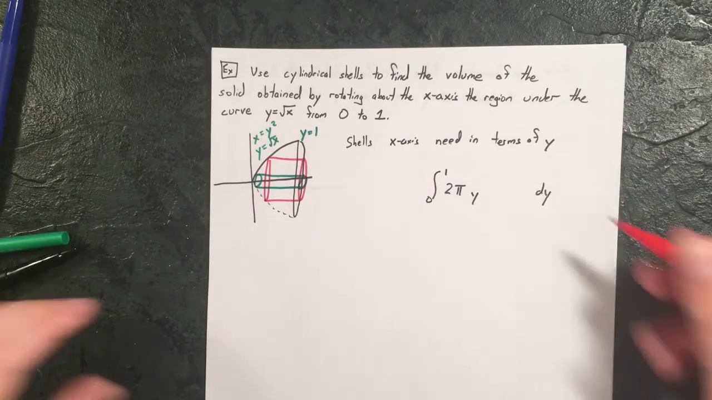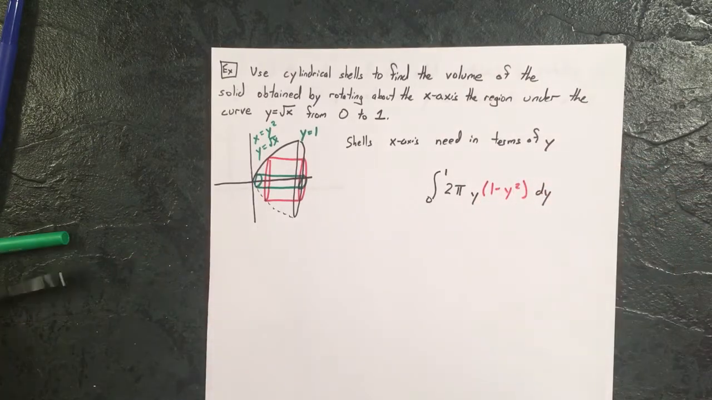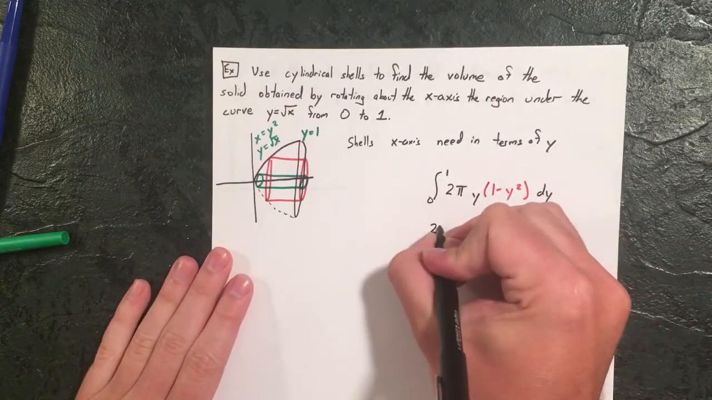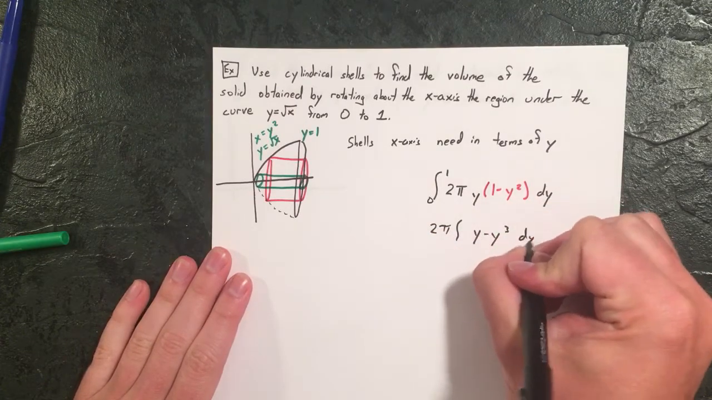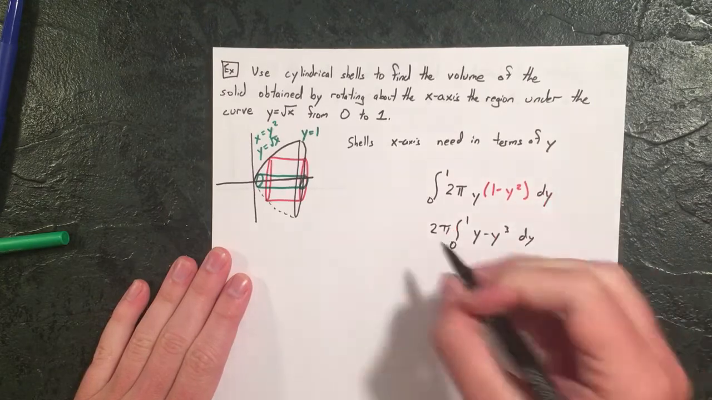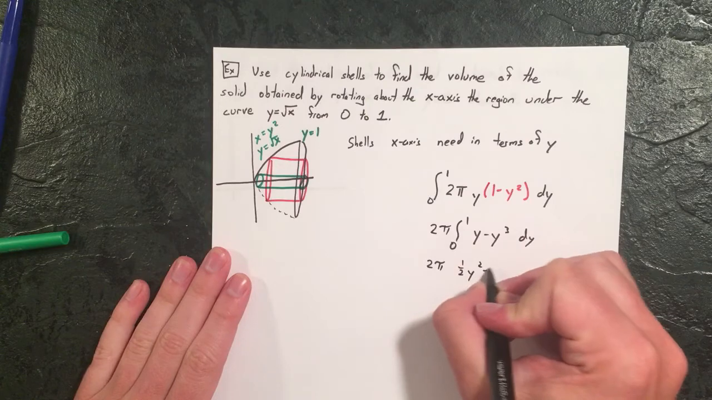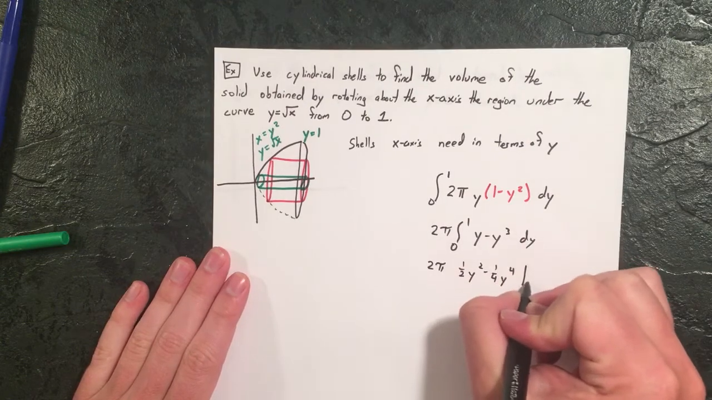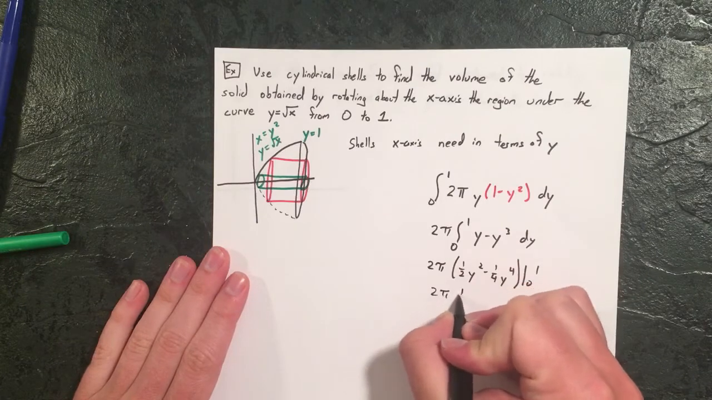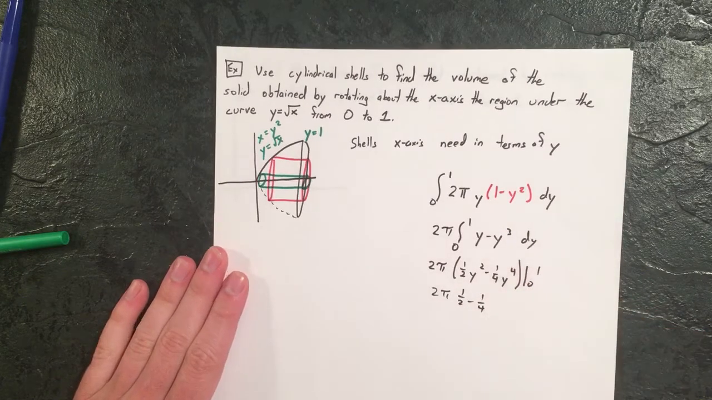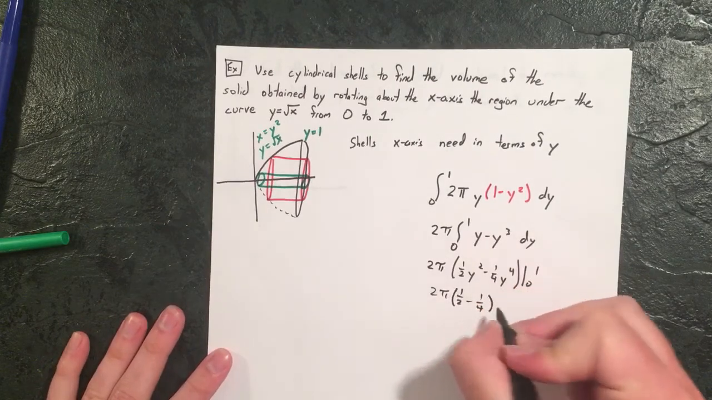So this height here is going to be 1 minus y squared. At this point, straightforward. Calculus with some antiderivatives. One half minus 1/4, which is going to get us a 1/4. All that's going to get us